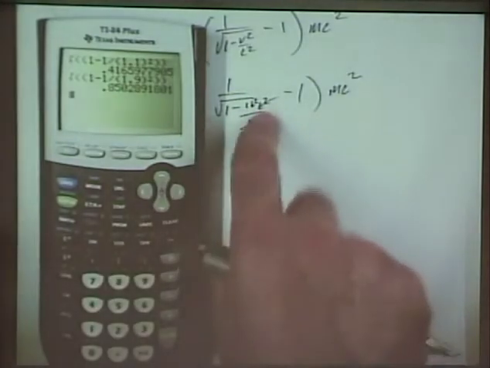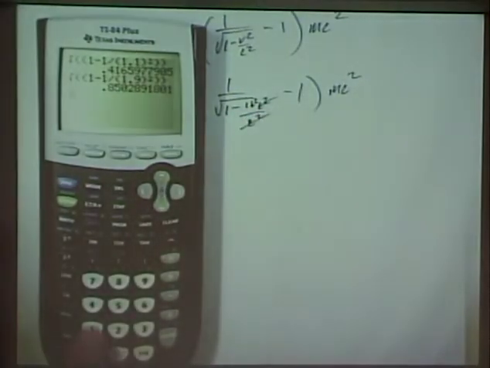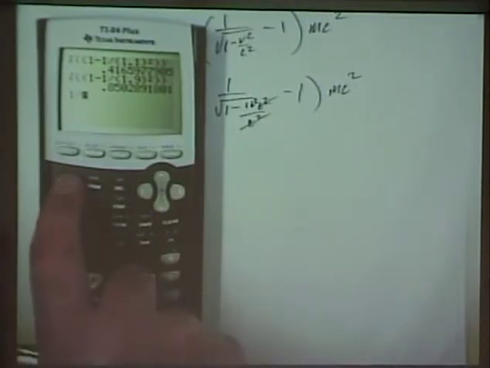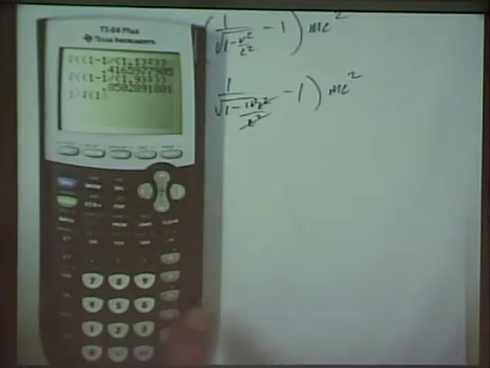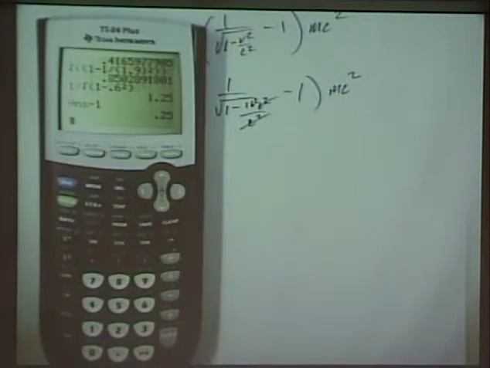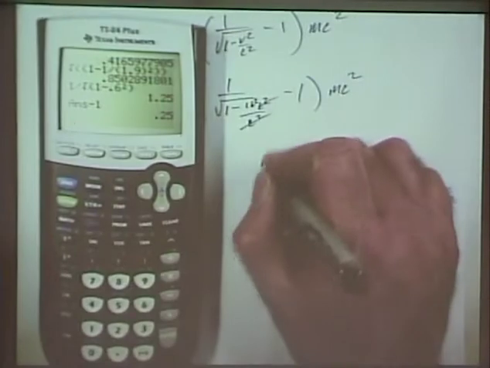Well, I'm just going to do this term here anyway, so it doesn't matter. So I go 1 divided by the square root of 1 minus 0.6 squared, close that parentheses. And that equals, and then minus 1 equals that. Now I'm going to take 0.25 times mc squared, where we know that, by the way,